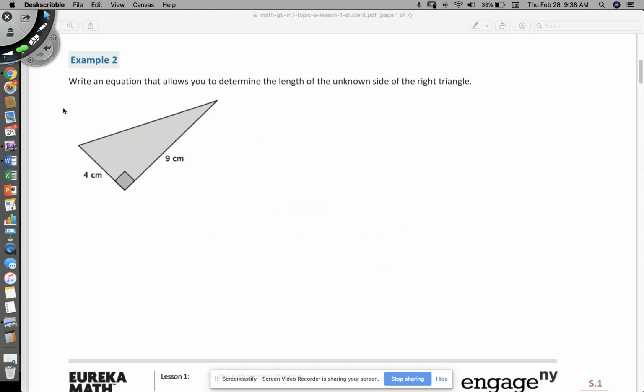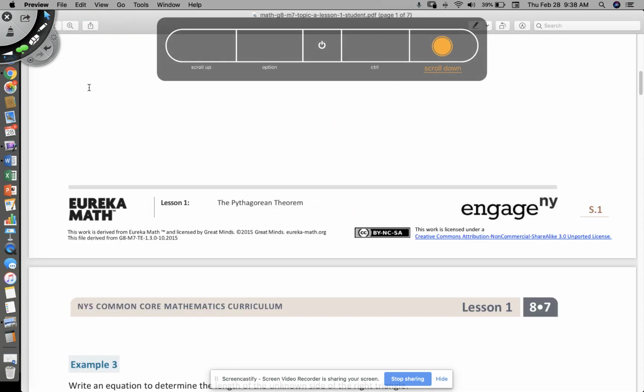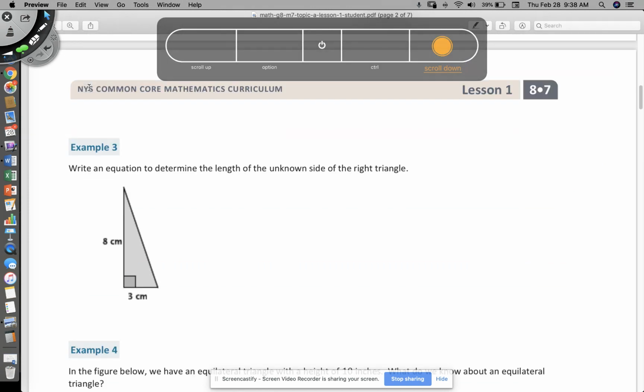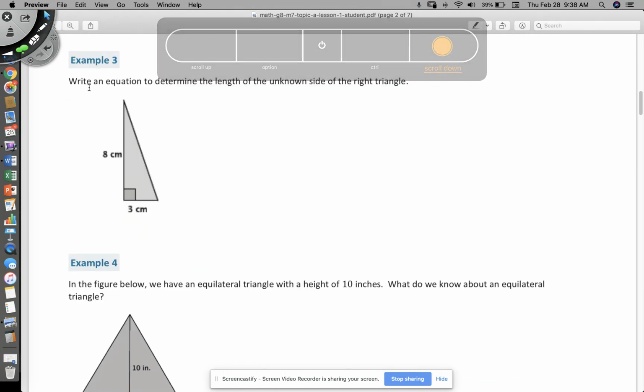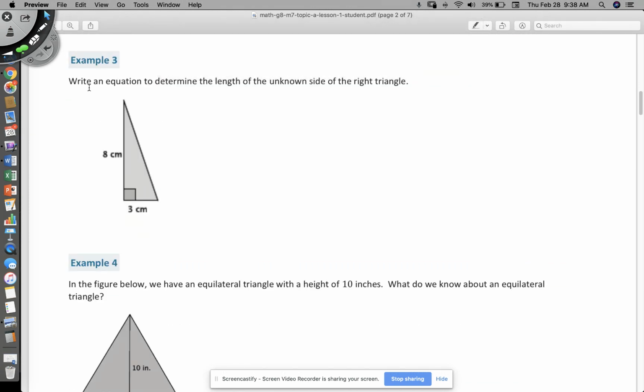All right, and that's mostly because if you did square root 97 on your calculator, you'll notice that you get a really long decimal. And again, when you're measuring triangles, you can't have all that. All right,